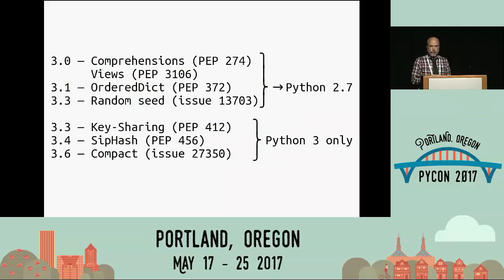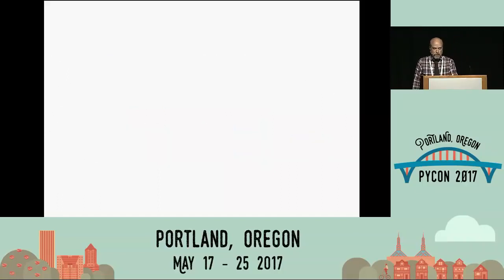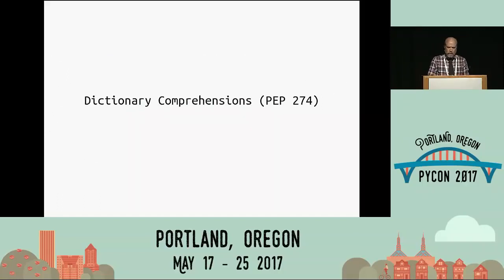So none of those were covered in my original talk and will be covered now. We'll be covering several things that were backported to 2.7. Then we'll move ahead and look at things that you cannot take advantage of in 2.7 and that you have to have a modern version of Python to take advantage of. All right, many of you will already have seen, I believe they were already being talked about at the conference, dictionary comprehensions, a change that earned a PEP, debated and was resolved.